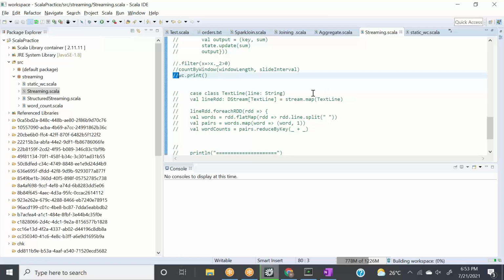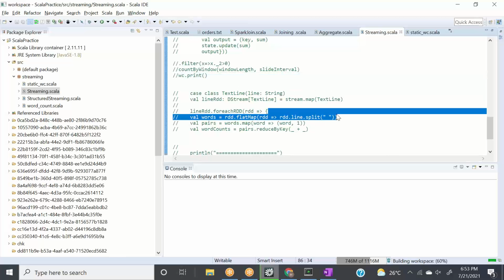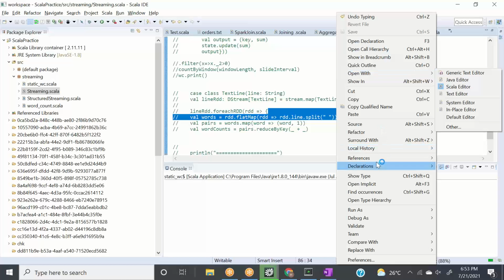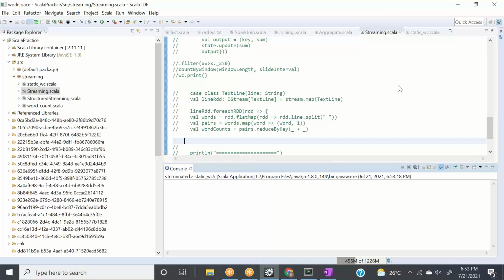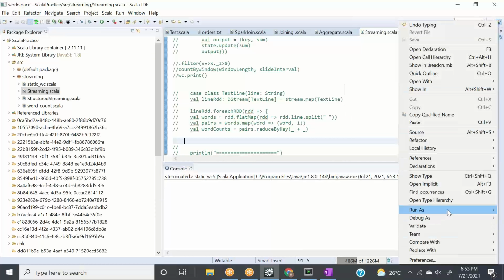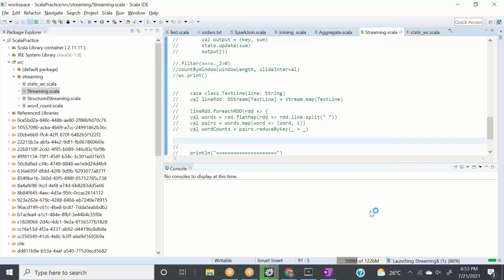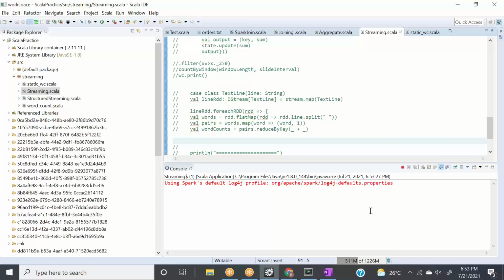In fact, let's see what is running. Running status. Let's stop it. I want to run this streaming application, so let's stop it first. And we'll say run as Scala application. So it will fail, and we will make it work. Okay, let's wait for 2 minutes.